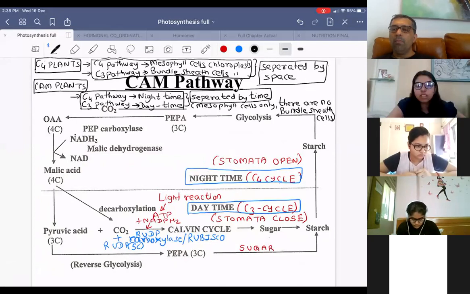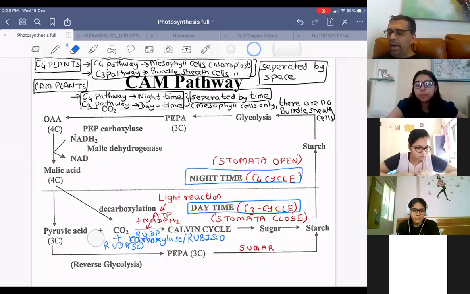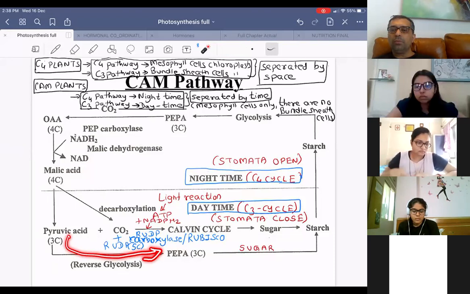So the rest, you said 12 ATP, are formed from the moving of PEPA to malic acid and then when pyruvic acid moves. So from that we need total 12 ATP. So why don't we consider the ATP when pyruvic acid gets converted to PEPA, that 6 ATPs over there? That is to be also included. You're right. These PEPAs becoming pyruvic acids also require ATP. So it should be a total of 36.